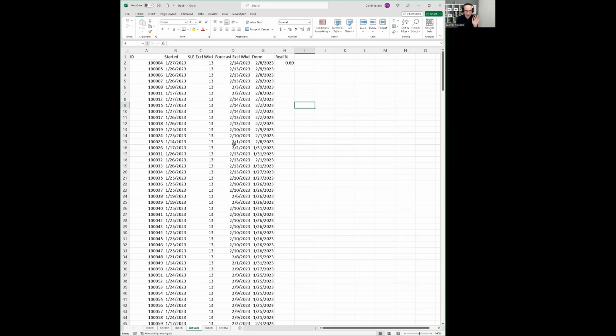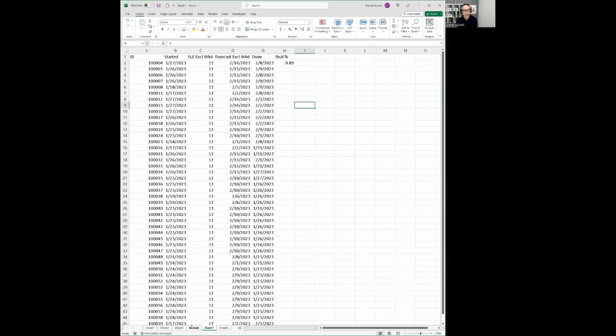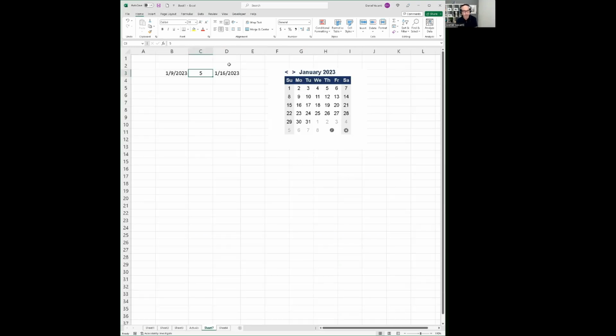If all of this wasn't enough for you, there's at least one other thing that I want to mention that I came across as I was putting together the simulation in Excel anyway. I didn't try this out with Google Sheets, so I don't know, but there is a potential problem with Excel, and that is whenever you have a starting date and you try to add a number of working days. And by the way, the function that I was using in Excel is called the workday function.